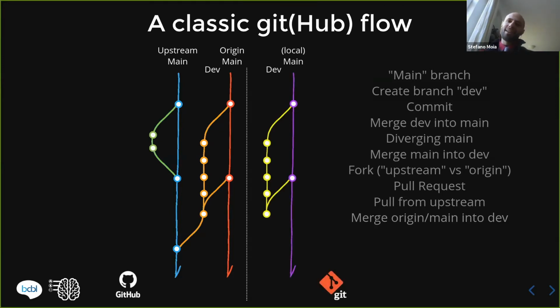And it's the fact that normally we say, oh, we're working with origin, we're working with upstream. But actually what happens is that upstream and origin are remote repositories. They are on GitHub. And what we normally work on is a local repository. It's some files that are in your computer. And that local version of your repository is again a perfect copy of origin, for instance. And it's what Git deals with.